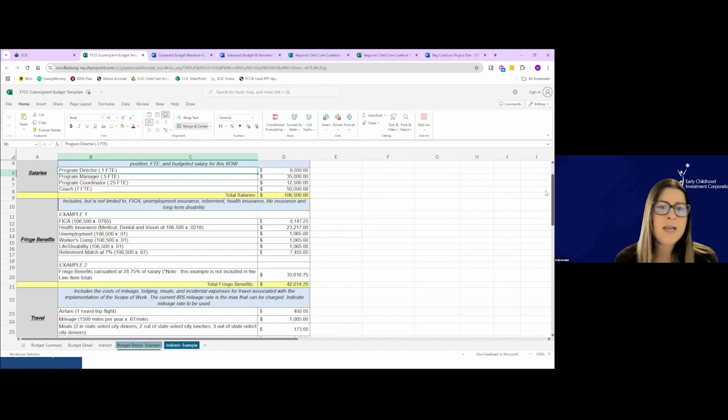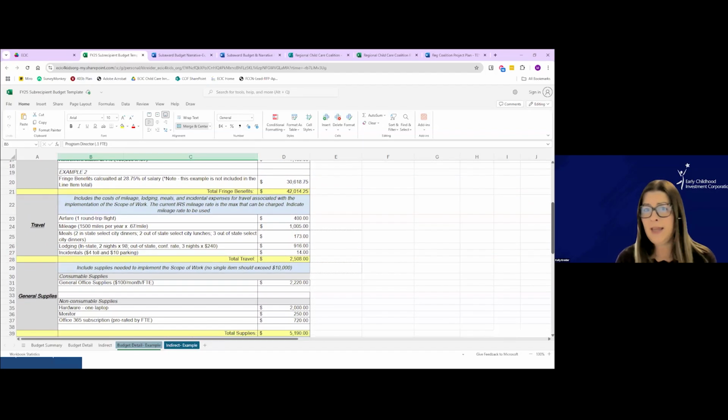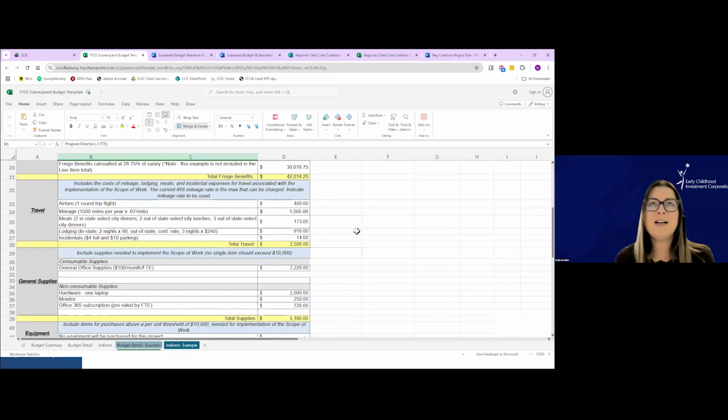As we move down, travel is a section that we will review very carefully, just to ensure that all of your travel plans align with your project plan and the scope of work, and that they also correspond with, again, what's reasonable and allowable. If your organization does not have a travel policy, you'll need to refer to the Michigan Department of Technology, Management and Budget, or DTMB, if you've heard of that,